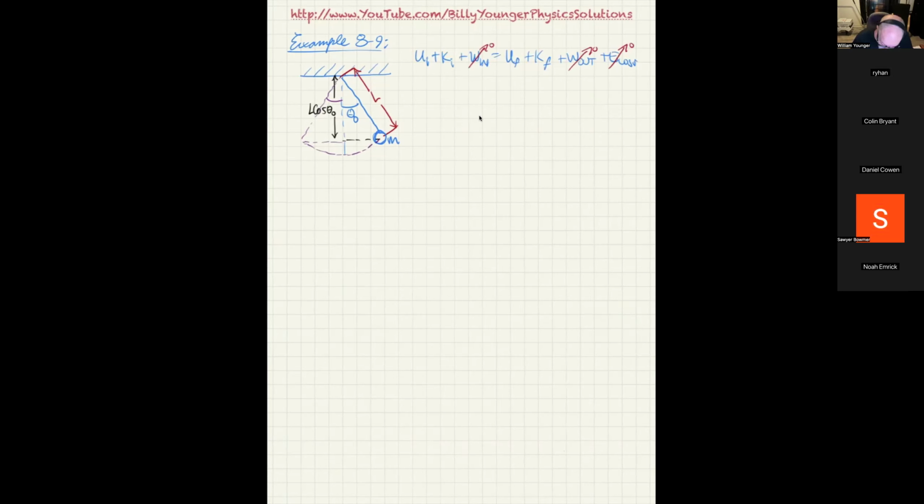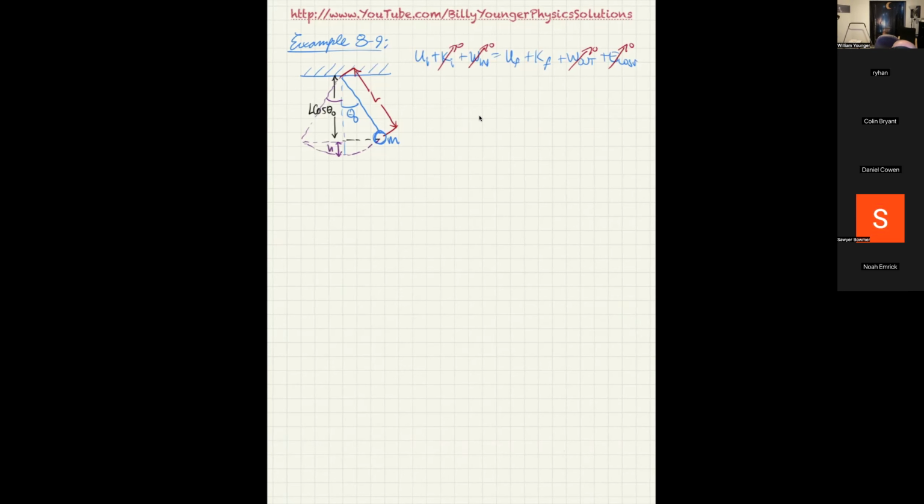And in fact, since we're starting at rest, the initial kinetic energy is 0. And if we consider theta equals 0 the final, then U final would be 0. But I'm not doing that right now because I want to be able to find out the velocity as a function of theta. So the potential energy is actually given by this little quantity from here to here,